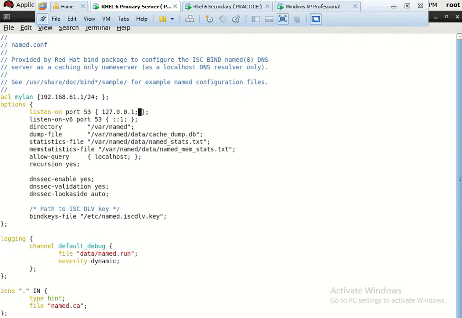Here we are going to put the IP address of our primary server, 61.62. This is the network which our primary server is going to serve, 61.0. In this server, let's do my LAN.